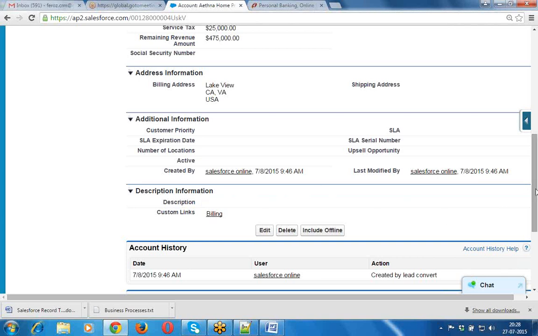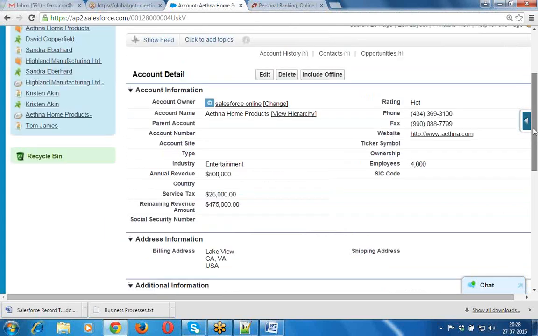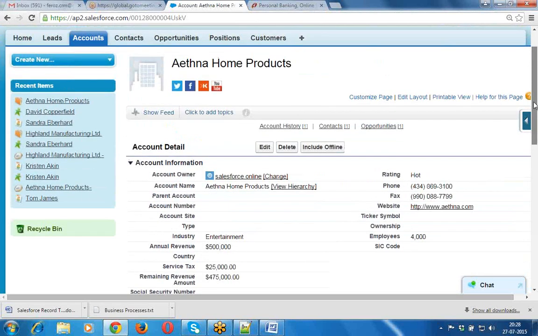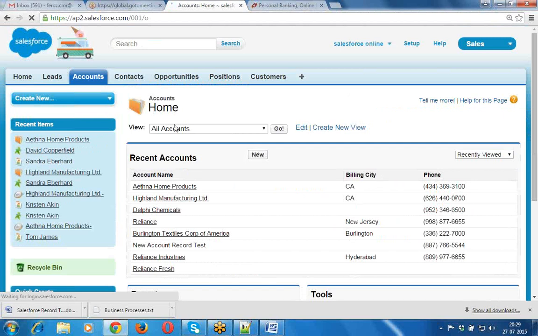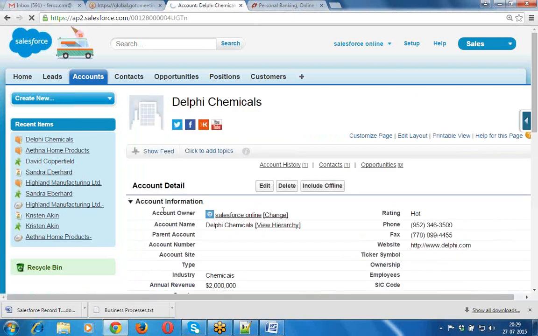So when coming to this account record, it has so many sections. In each and every section we have some fields, and for every field we have assigned some value. Whenever you are creating a record, for the mandatory fields we pass the values in order to create a new record. Let's assume I am opening one more record, that is Delphi Chemical.